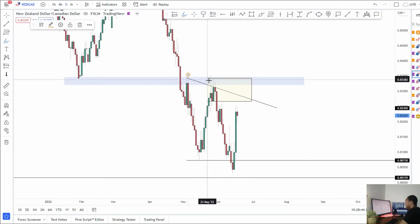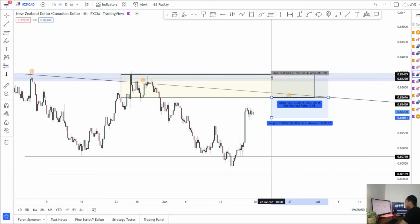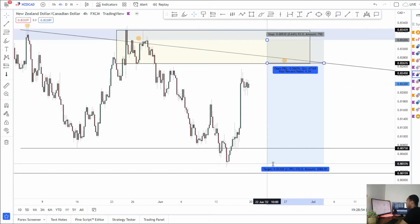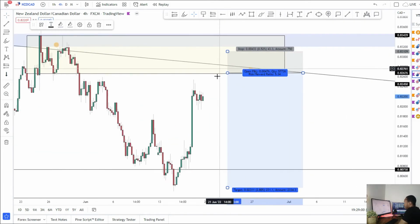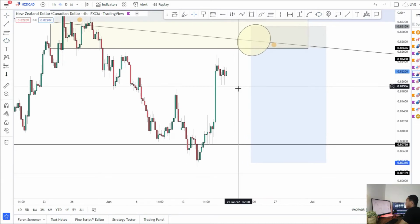and from there we will look for our next lower high. So 1, 2, and then look for the third one somewhere, and shorts from that area is what we're looking for on NZD CAD. Stop loss obviously above structure, above price action, depending what you want to do. You can put it above there or above the candlestick you enter from. I'll be looking at the candlesticks personally to see what type of price action you can get, but from this area here we'll be looking at some sales